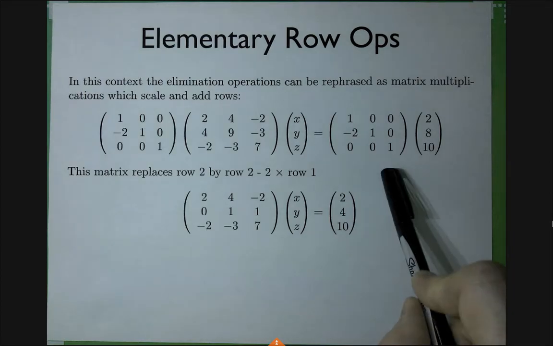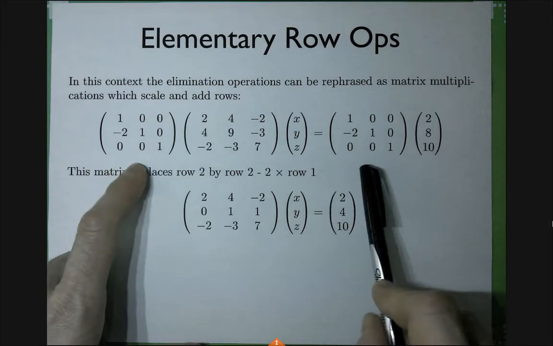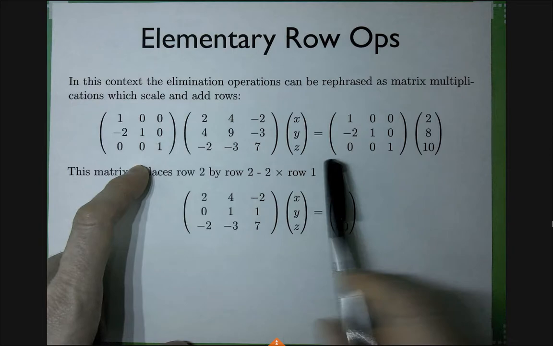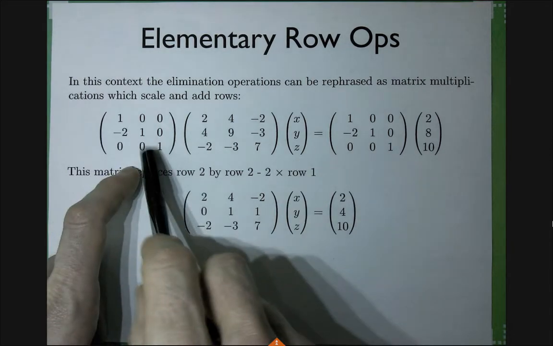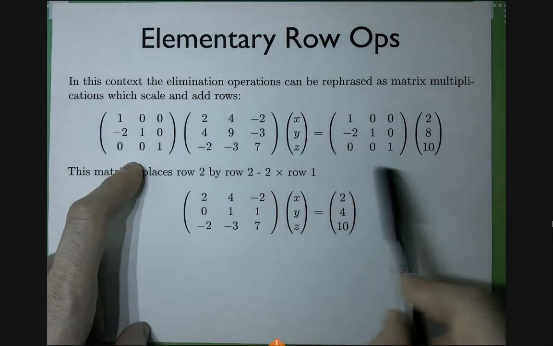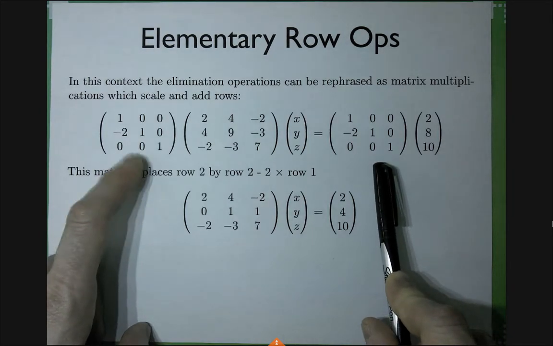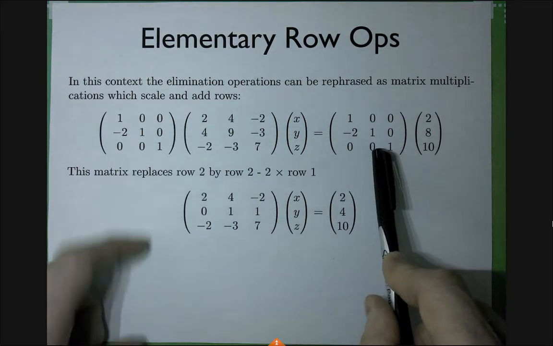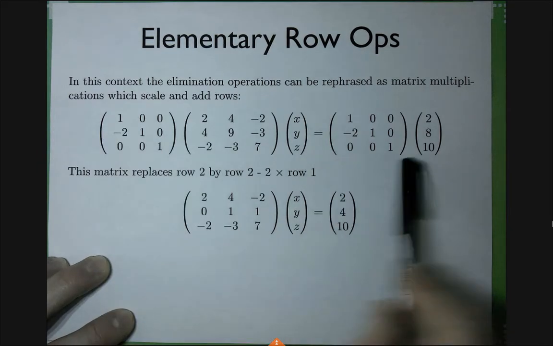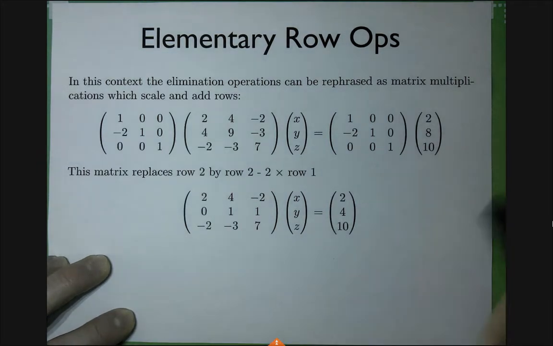Now the important thing, I do the same thing on the right-hand side too. This is actually why it's an equivalent problem, because I apply the same matrix, and in a little bit we will explain that this matrix actually is invertible. So I apply it both on the left-hand side and on the right-hand side. This is the same matrix. This is the elementary row operation. I guess it's written here, right? So here I just apply it to the vector.